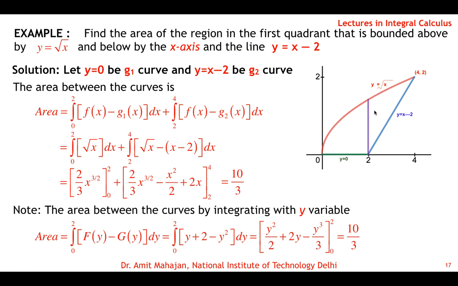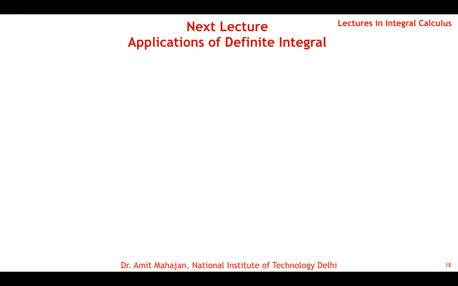Okay, so this way it is easier to integrate than the vertical way with x. So we can solve with variable x, or we can also solve with the variable y. Okay, so this was about the integral calculus of one variable, single integrals or definite integrals, by using Riemann sum and the fundamental theorem of calculus. Okay, so we close this first lecture here, and in the next lecture we'll talk